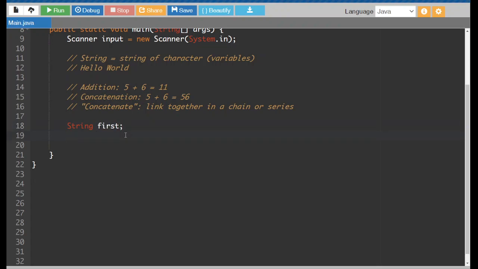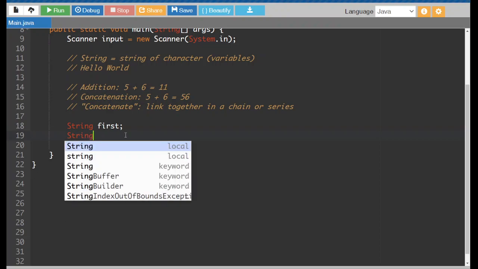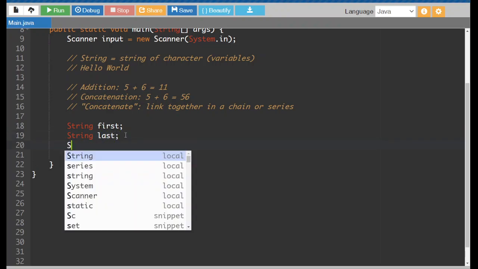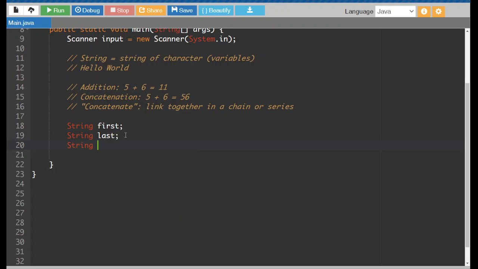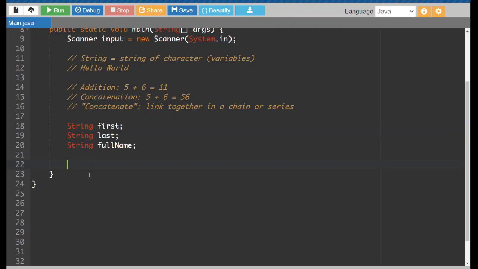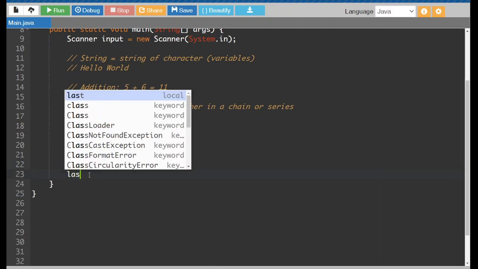So we'll have the first name, we'll have the last name, and then we will be constructing a full name through the concatenation of the first and last names. So I'm going to put in my first and last name, and then we'll be working on combining that. So first name, Mr., last name,